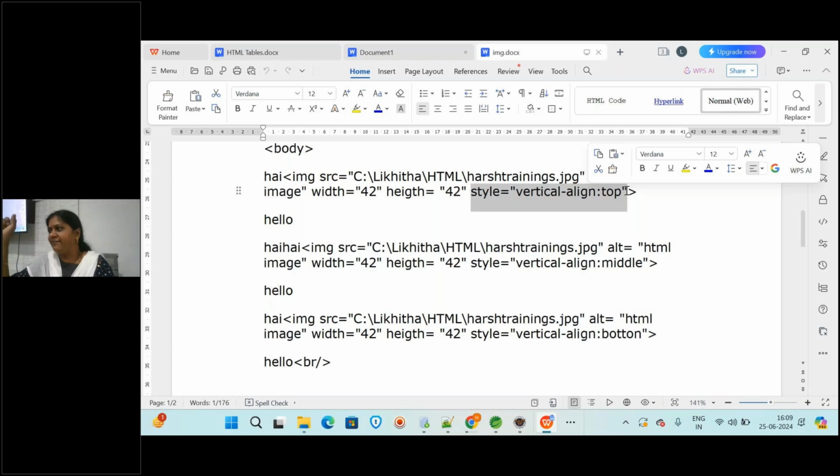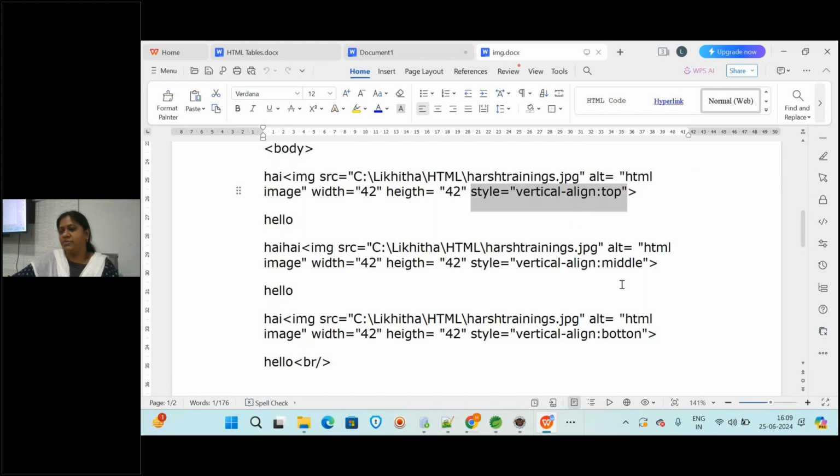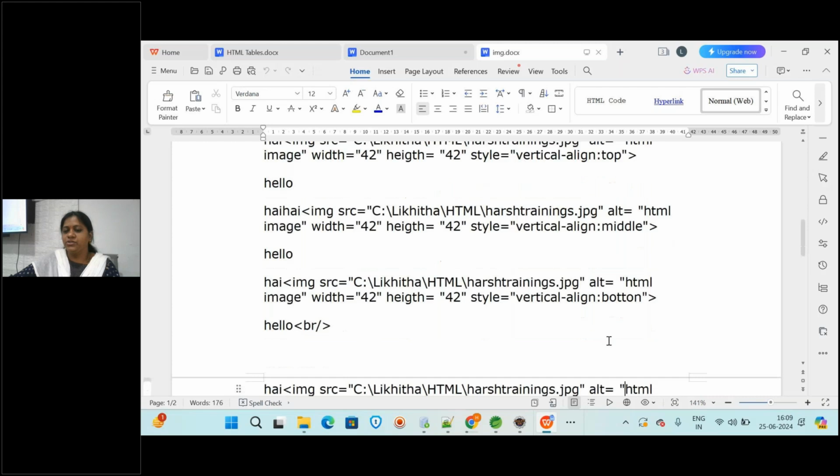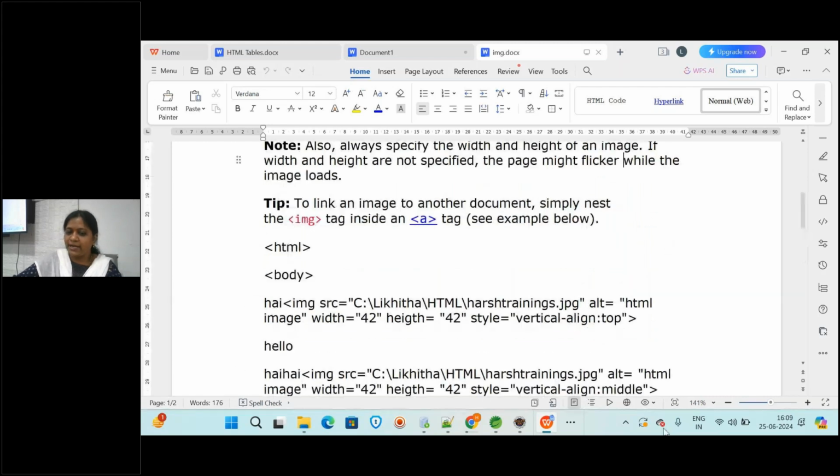You will be seeing, right, for every organization there will be some image for them. If you see for any software companies or for Java also, you will see some coffee cup symbol, or for any language or anything, they will be having some icon for them. So where you want to display that, to the top or the middle or bottom. So like this, you can specify the style in the style tag. So you will be using one more attribute along with src, alt, width, height and style.